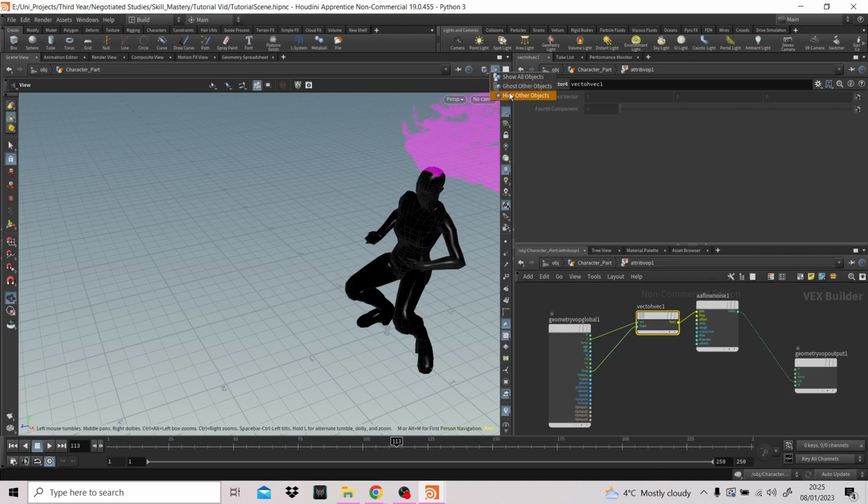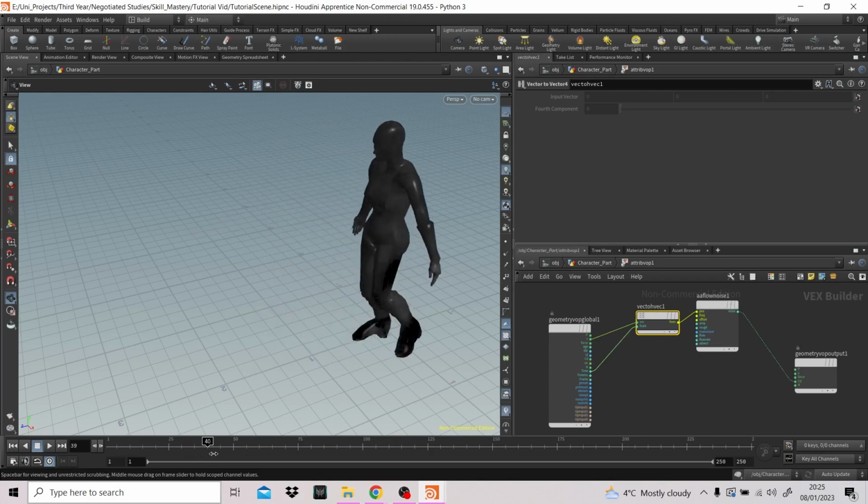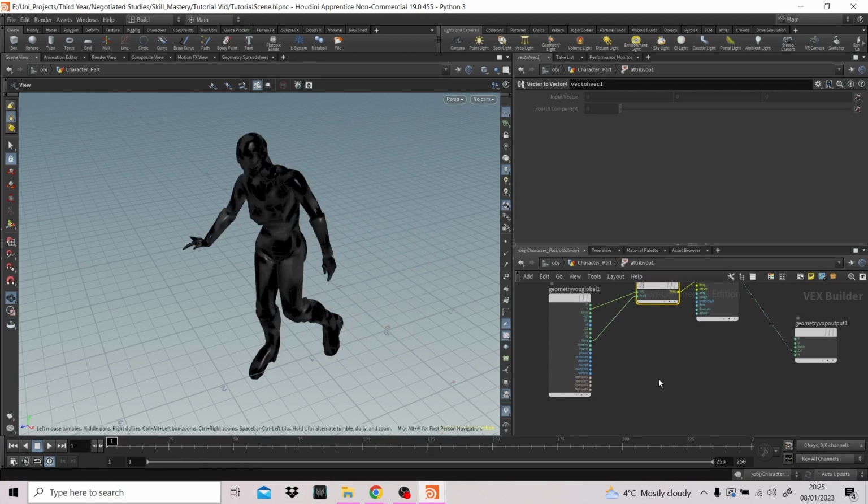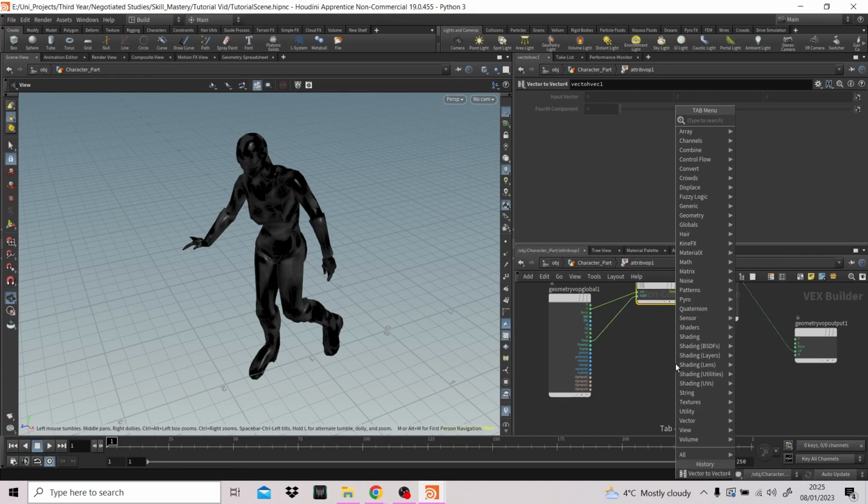Let's get rid of that magic for now. So yeah, now we've got it moving over time. The next thing we want to do is be able to control how fast it's going. So let's add in a multiply